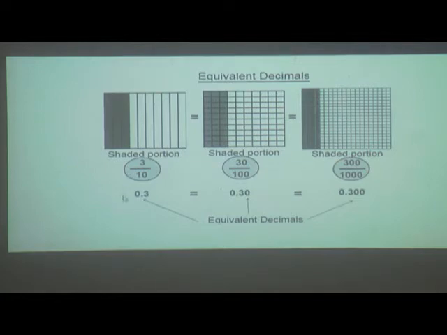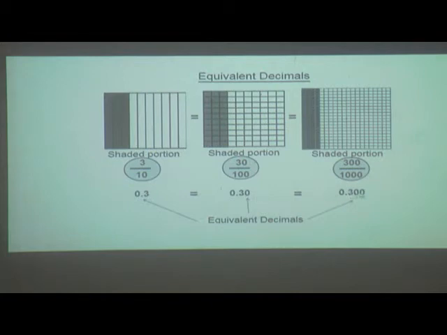Now this fraction should be converted into a decimal. You know 3/10 already, and you know converting a fraction into a decimal. We have learned the 3 steps you have to follow. Write the number which is there in the numerator; the number of zeros is 1, so leave 1 digit and put the decimal point. Here write the number 30; the number of zeros is 2, so leave 2 digits from the right-hand side and put the decimal point. Here the same, the number of zeros is 3, leave 3 and put the decimal point. So here we can say 0.3,